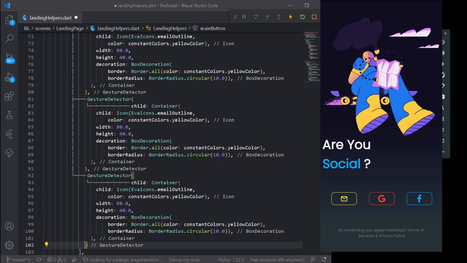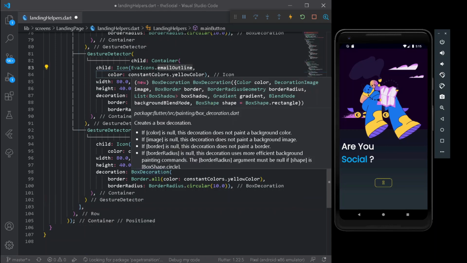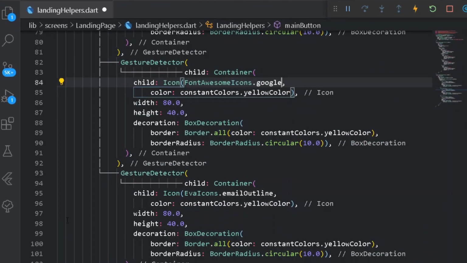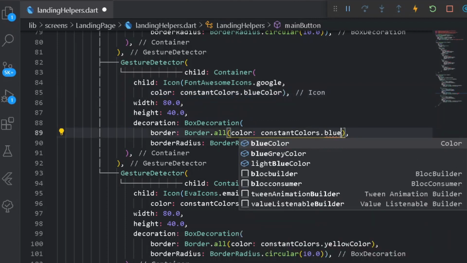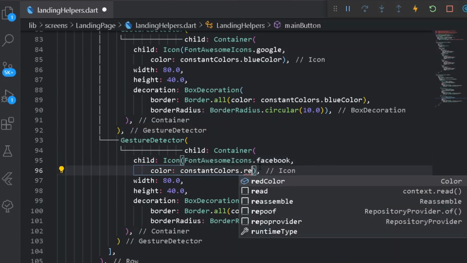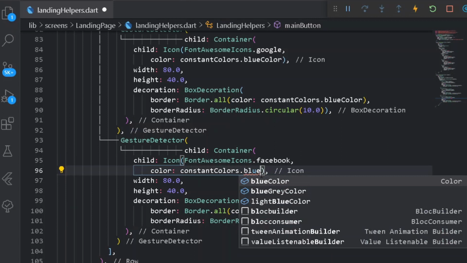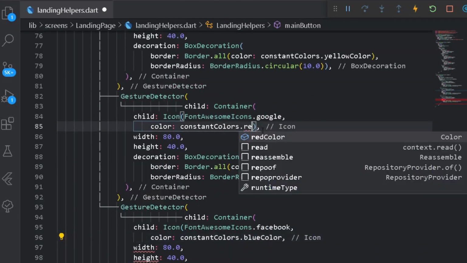After having a single button, we shall be having two more buttons for Google and Facebook auth, but the only difference shall be having of colors and their icons. So here let's have an icon of Google, and here let's have a different color of a blue color, also somewhat different color for the border. After having a Google icon, let's have a Facebook icon as well. Let's have a different color of red one. Same for our border, a red color. Not a red color, but let's have a blue color, somewhat different changes. The only thing that shall be reverted. And here let's have a red color.